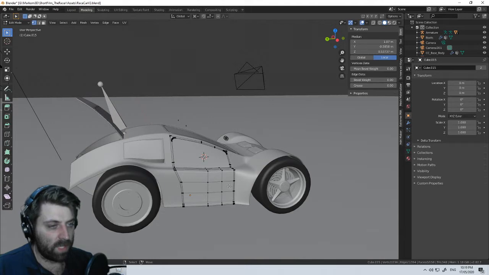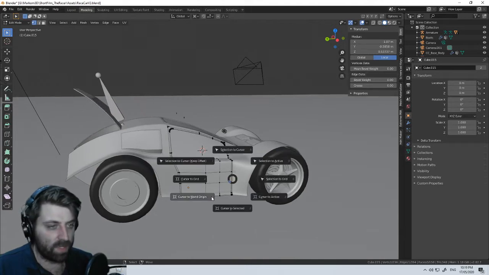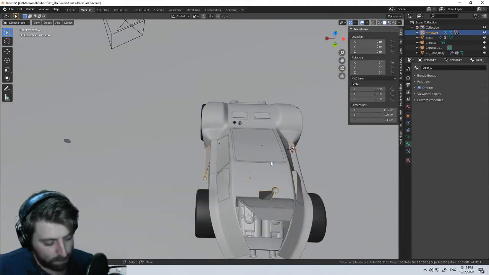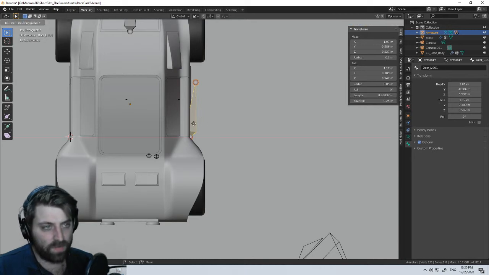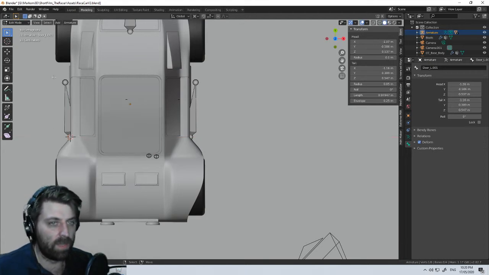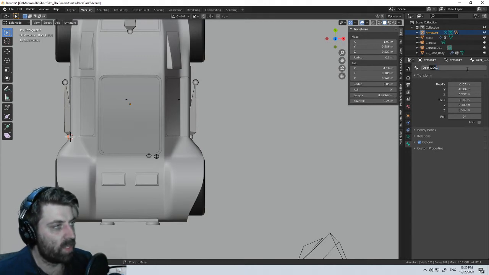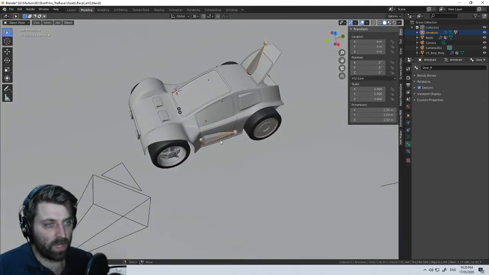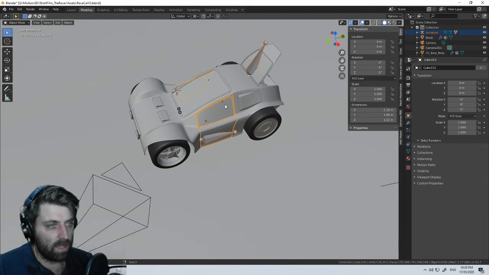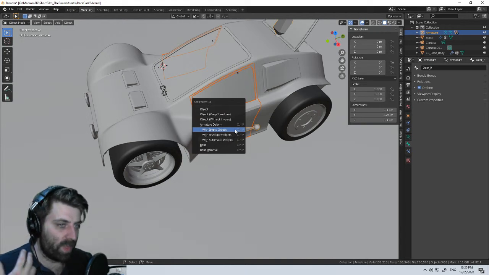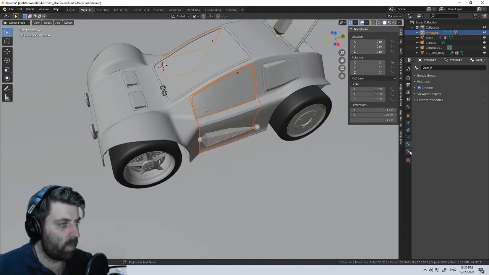And then let's come back over into here. Select these two vertices, Shift S, cursor to selected. Let's maybe select that bone, Shift D, X. It's going to kind of go something like that. Shift S, selection to cursor, and that kind of mirrors it. This will be our door_right. Cool bananas. Let's go into object mode. Let's select this, and that, and the armature last. Control P, parent objects with empty groups,